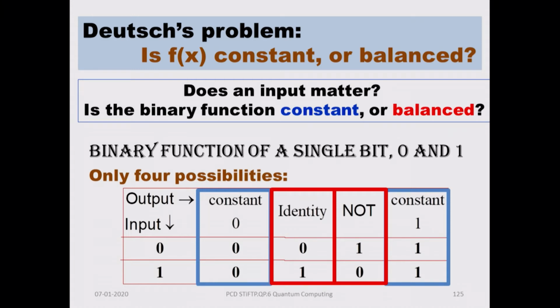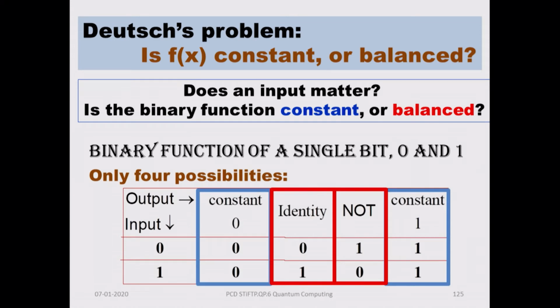So, suppose you are given a box, it is a black box and you do not know if it is constant or balanced, and you are posed with this question, tell me what this function box is. Is this function constant or is it balanced? How will you test it? And how many operations will you need to determine that it is